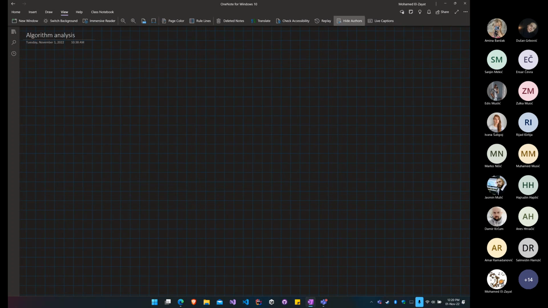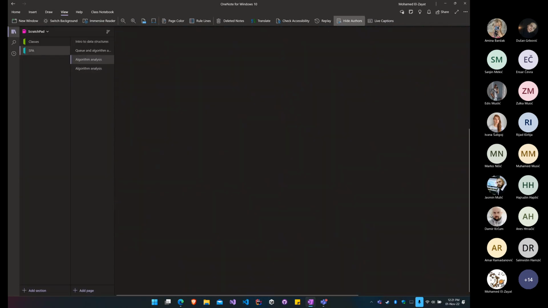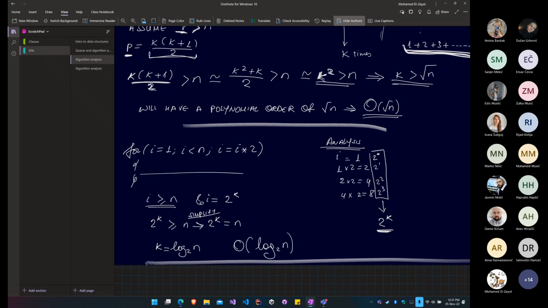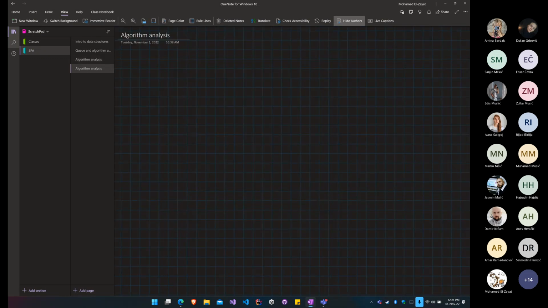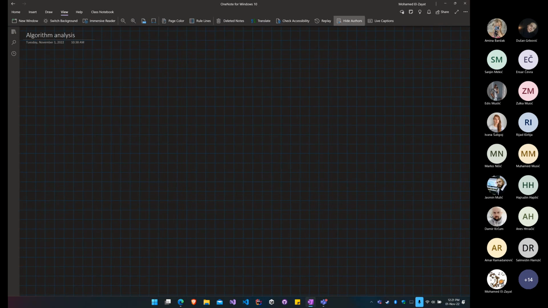So again, last time we were talking about algorithmic analysis, and today we will continue. I think last time we saw a logarithmic growth. We had this log base 2 thing going on. Right now we can continue with the examples here. Now, when we had this for loop, just to reiterate: